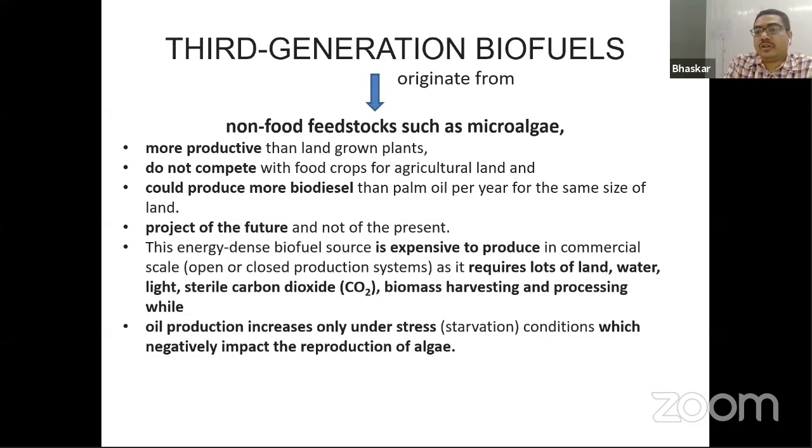Whereas if we go for the first generation or the second generation biomass, we will require a large land area. So basically, it does not compete with the food crop, and more amount of biodiesel can be prepared from a small land area. So it is a project for the future and not of the present, because of the cost